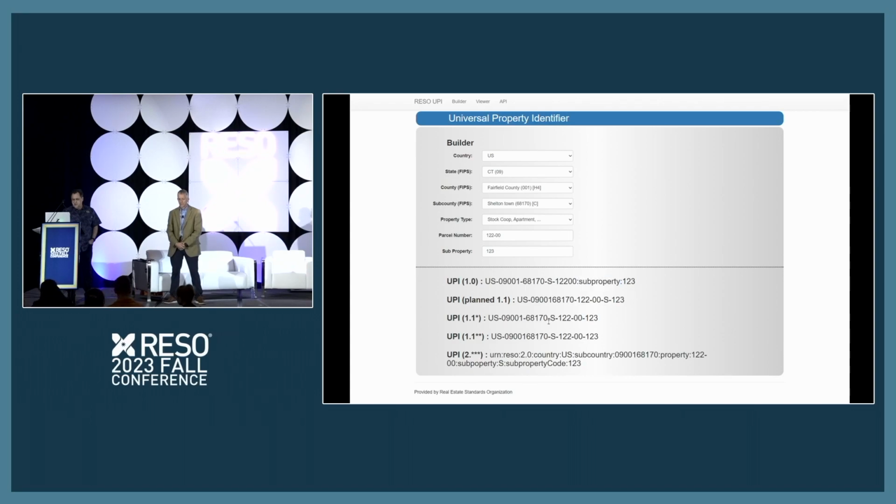I never liked this S being in the middle, and we've talked about that in the group, so we have some extensibility changes that we're talking about. Those will also be happening in the group, but to answer your question, that is actually something that is considered in the UPI. You can have a boat slip, and we talked about all the different kinds of things that could be underneath the property, and that's an example. Parking spaces. Right. You can put a parking space here. So, is that cool? Next question?